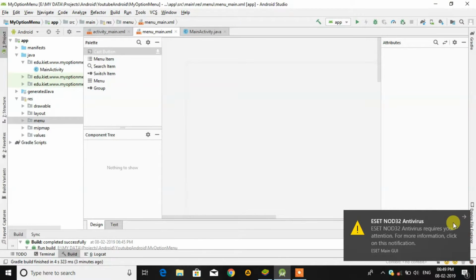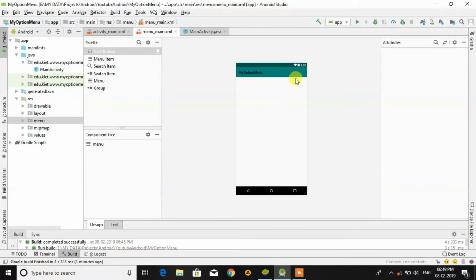When you click this, you have this type of screen. In this screen we have to put the menu items. How can we do it?